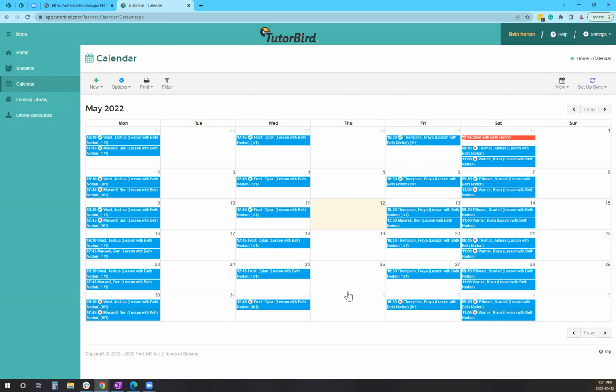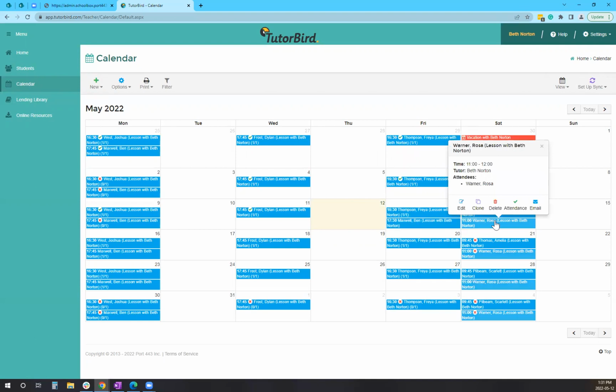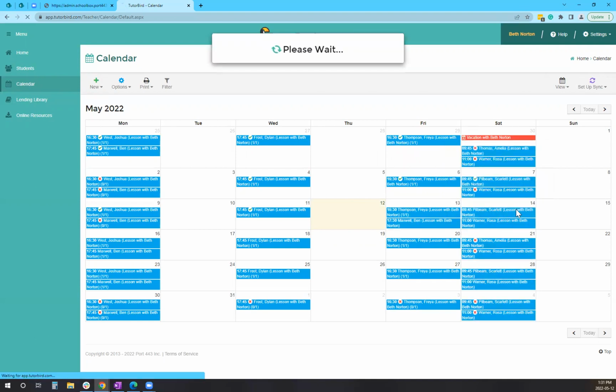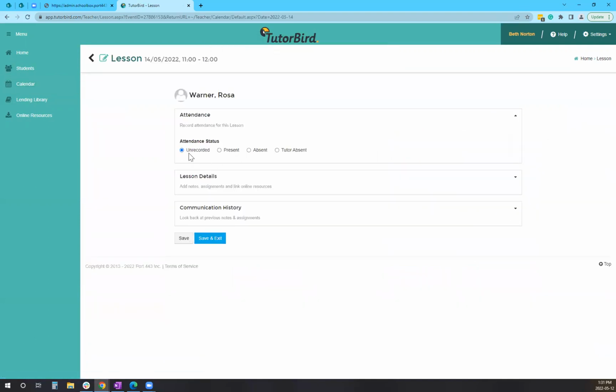So without scheduling lessons, they will still have the option to take attendance, and that will be done just by clicking on any lesson on the calendar, and then we'll see the attendance button. Any unrecorded attendance is still considered billable, so if somebody has forgotten to take attendance, the student will still be charged and the business will not be losing out on that income because attendance was not